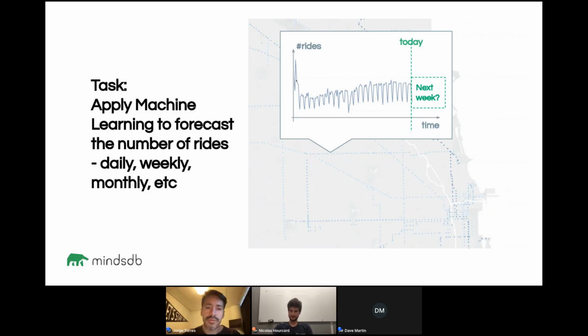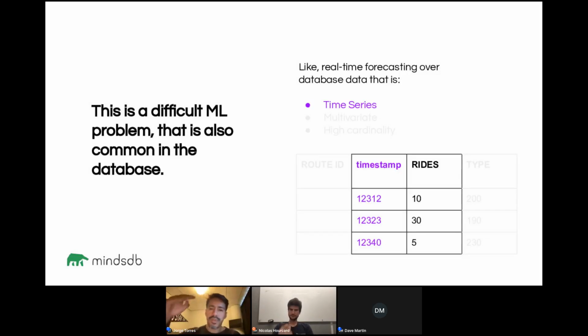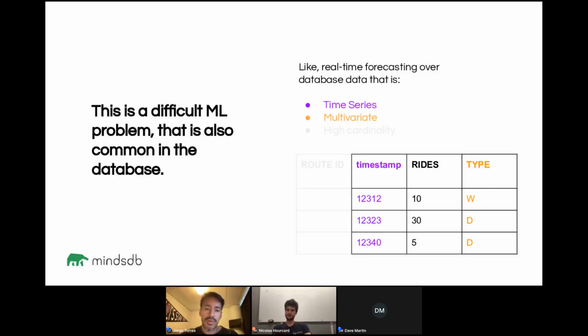So you want to leverage all the information that you have. In this case, you want to leverage the fact that every day for a given route, the number of riders that the route provides changes, and you want to leverage the history that you have to predict the future. Now, this problem is difficult because it's not just a single variable that you want to take into account. Say, for instance, you also want to take into account the type of events that are going on on that particular route and that given day. You may also have information about traffic, et cetera. And you also have a problem in that you don't have a single route. So this is a high cardinality problem. You have thousands of routes.